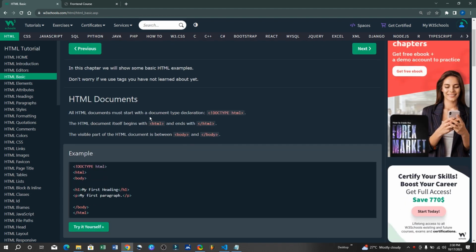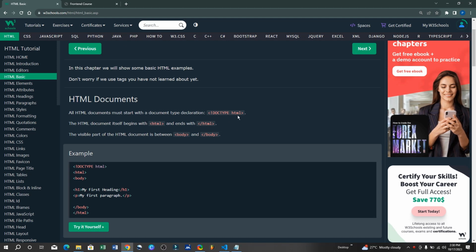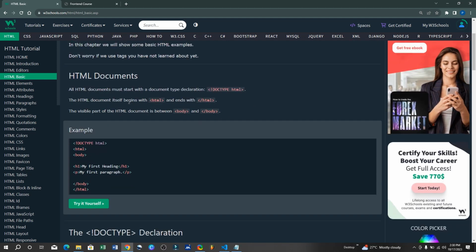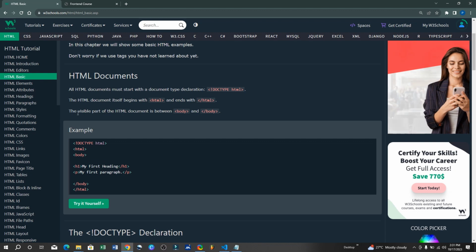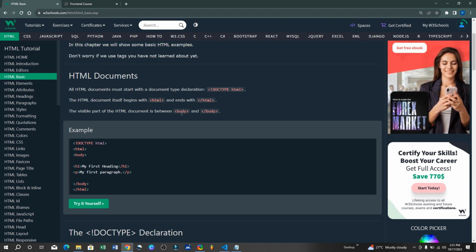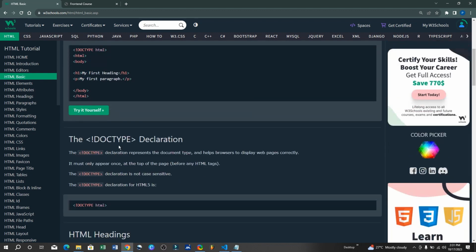All HTML documents must start with the document type, which you already know. Then the HTML itself begins with the HTML tag and ends with the closing tag. The visible part of the HTML document is between the body tags. We've seen this as well. That's just the basics. Then further to explain this, the declaration represents the document type and helps the browser to